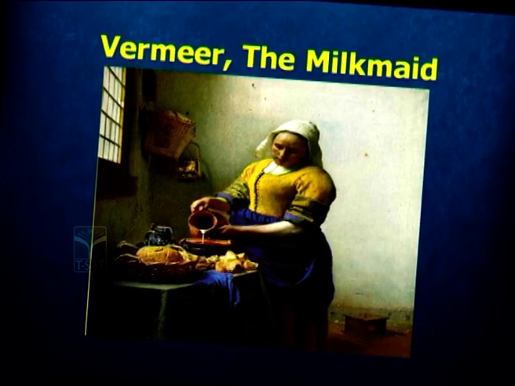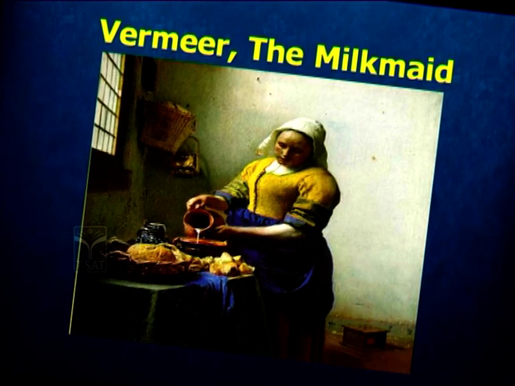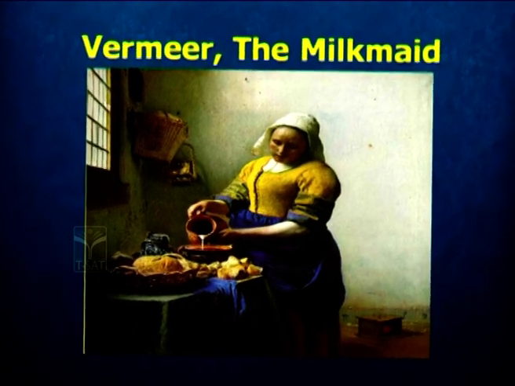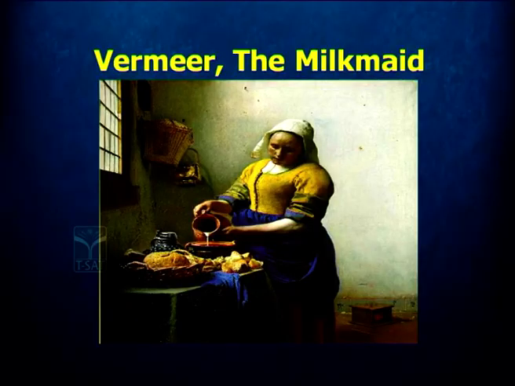For example, you see she is wearing a blue skirt, it is called the milkmaid, and she is pouring milk, and you have the light coming from the window. It is a soft light, and that light is lighting up the entire environment, and she is wearing a greenish yellow top, and